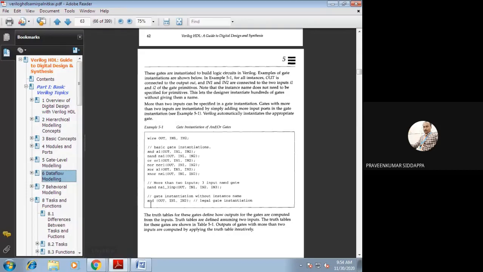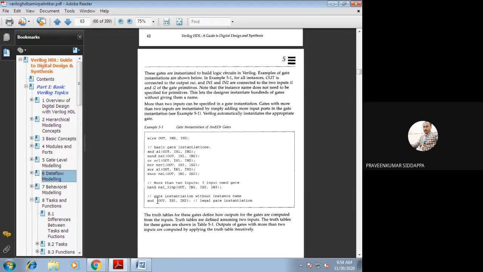Next you can check out, comma in one and in two. This one is also legal, because without the instance name he has given it. The instance name should be optional. That is the block name. Why do we need to write the block name? In your logical diagram, if more than one entity is there, at that time we should identify which expression is for which gate. For that purpose, we write the instance name.